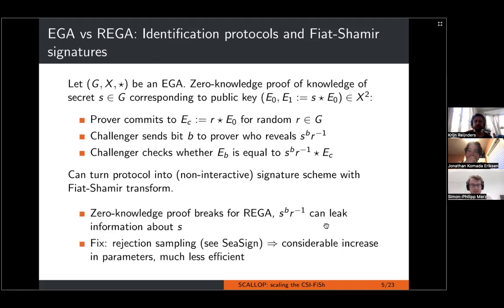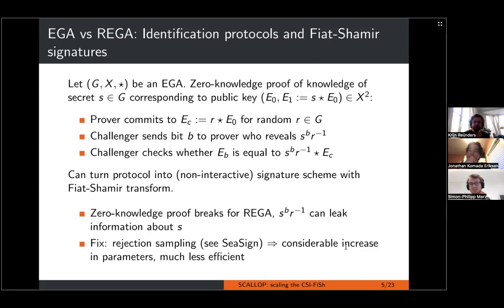Unfortunately, though, if we use a restricted group action, then this falls apart quite quickly. So the zero knowledge breaks. It's quite easy to see that if you have a random element only sampled essentially in a box, thinking of these exponents of your fixed group elements, and then the secret, then certain elements will fall outside the box, which will leak information about the secret. I don't want to go too much into detail. There are ways of working around this.